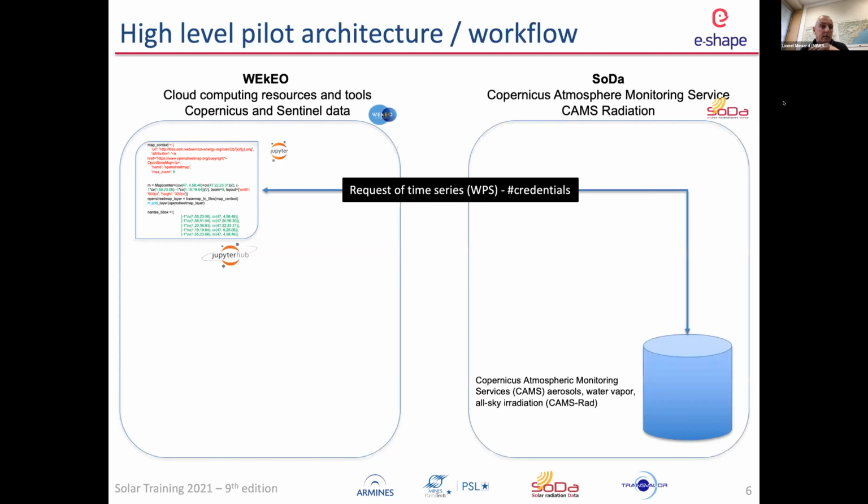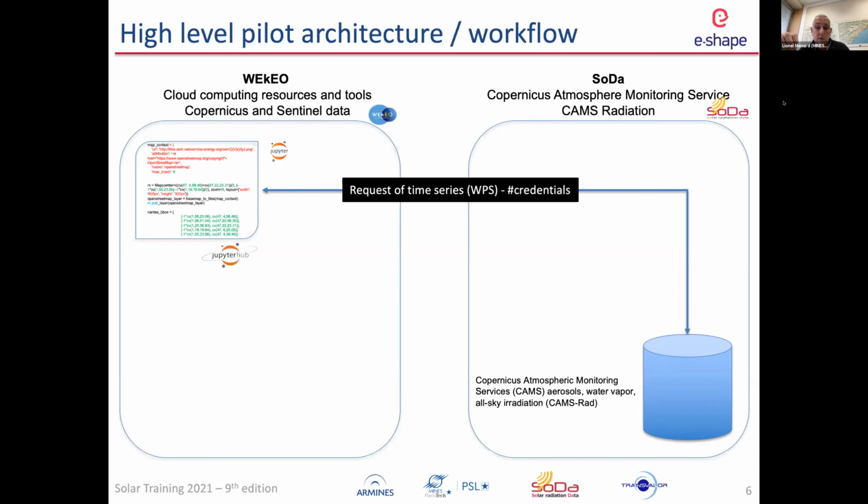And the first thing that the Jupyter notebook will do is request some time series from the CAMS radiation service. You have been warned already that you need to have valid credentials in order to fully benefit from the hands-on session to test this tool. It is so because the first request done by the notebook tries to access the web processing service,